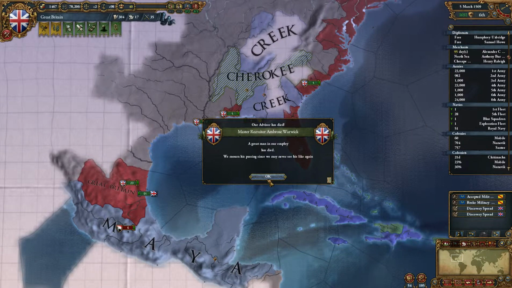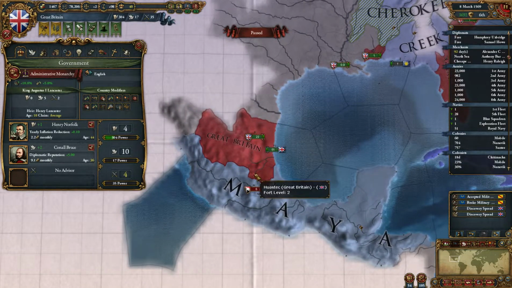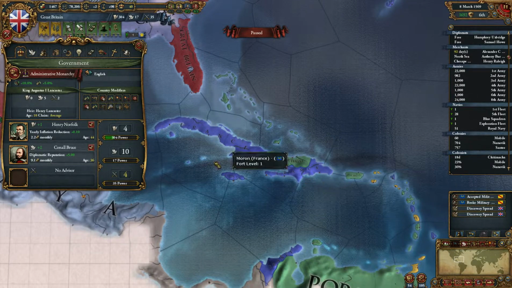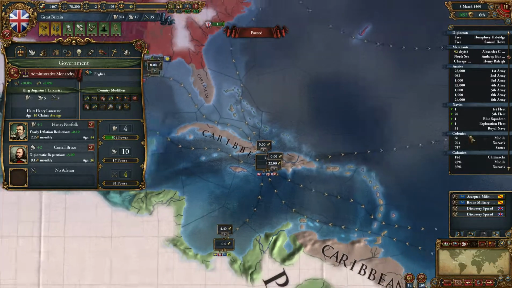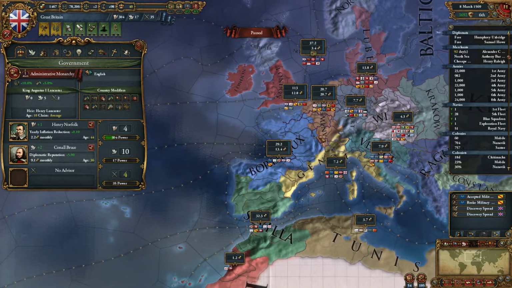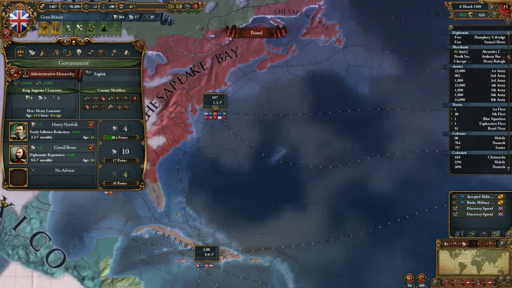playing as England. Now in the last episode we went to war with the Mayans and took over this territory. And then we decided to see if we could get more money out of the Caribbean trading zone that we were getting out of the Bordeaux trading zone. And what I didn't get to explain last time is